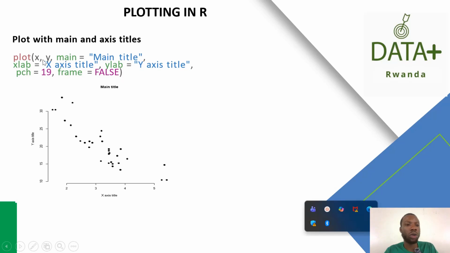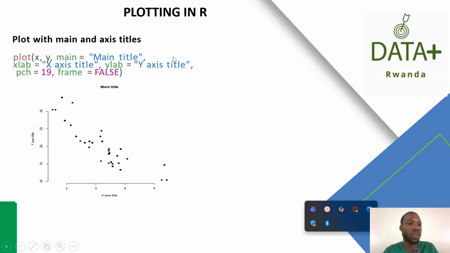You use plot, then put x comma y, then comma again, main equal, in quotations you put the name of the title, and then xlab for labeling the x-axis, and you put the labels, and also ylab